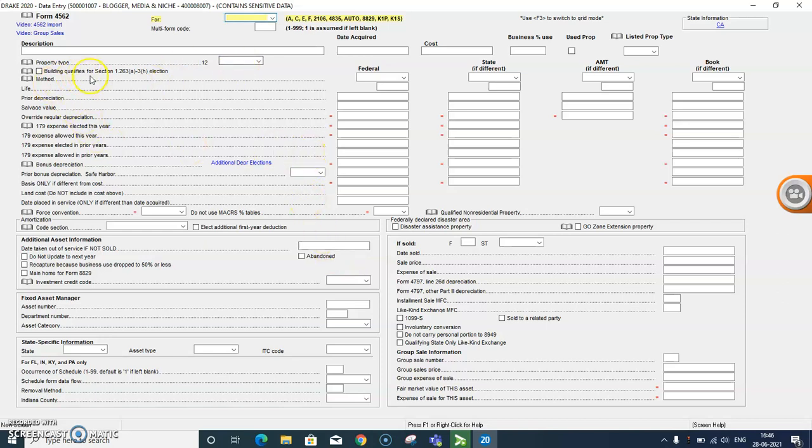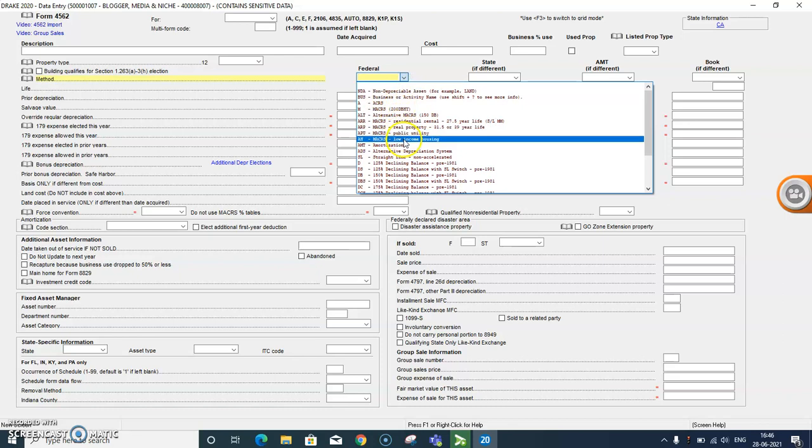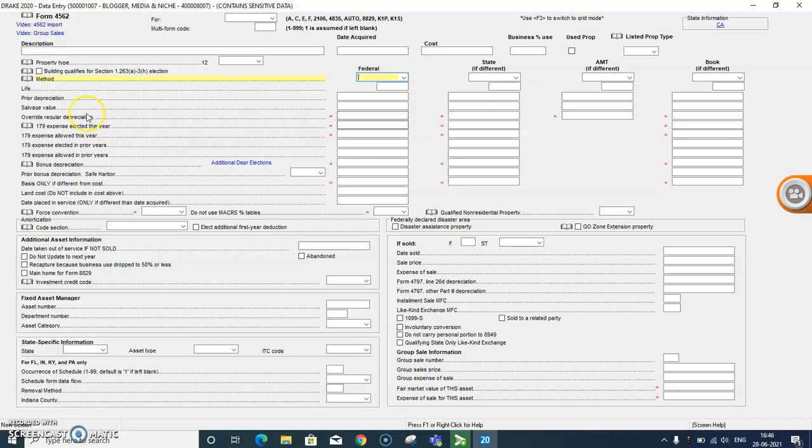So you can see the description, date of acquisition, cost, percentage of business use, listed property type, book value, state, federal life of the property, the method we have used, whether it is straight line method or WDV method. Guys, have to be very careful. I am repeating this again and again just because it is a very important form and you need to be very careful.